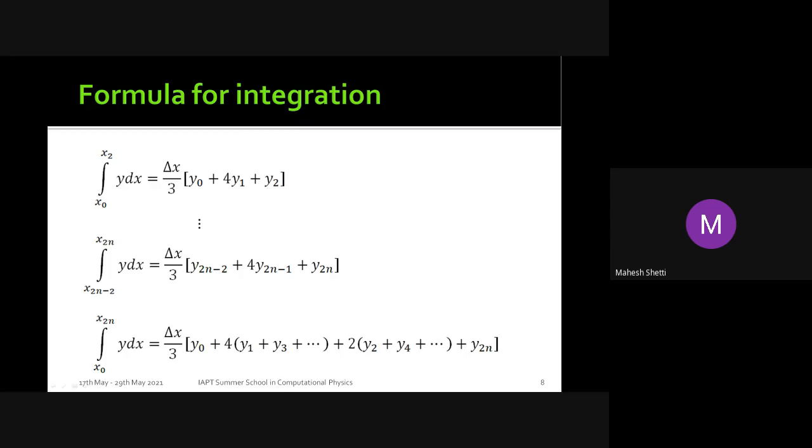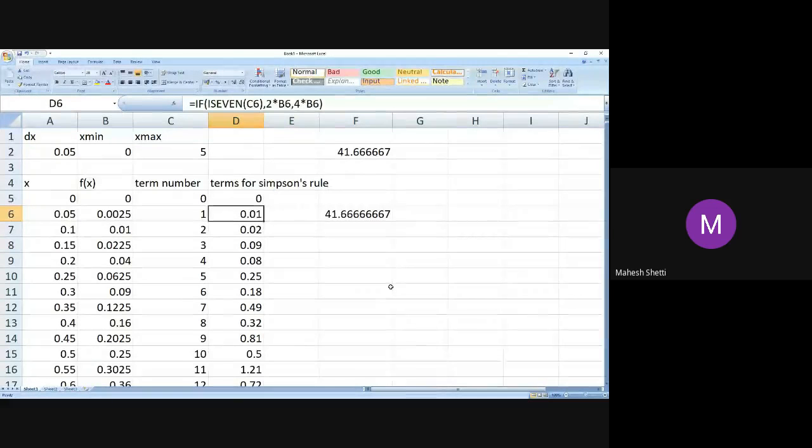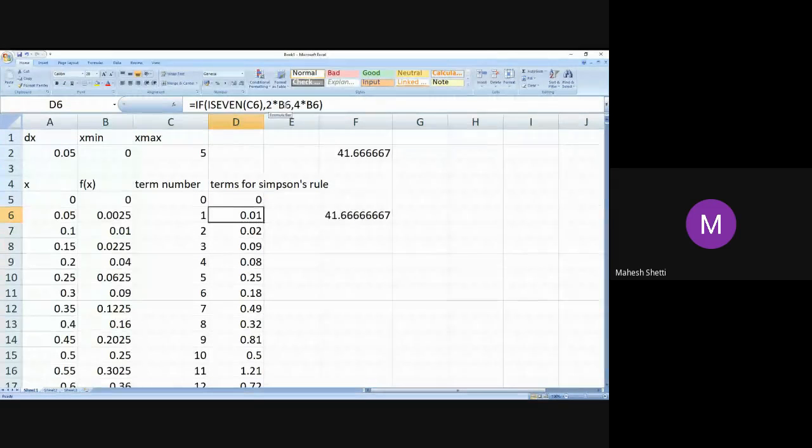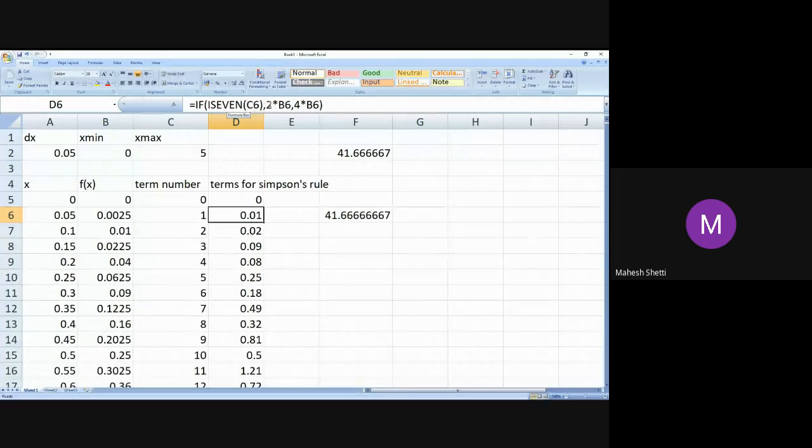If you are curious, let me stop this and come back to Excel. You might have asked yourself, some of you might have tested, that like ISEVEN, there is also an ISODD function. If I use that ISODD function, then if the condition is true, I will have to multiply by 4, so 4 times B8 will come first and 2 times B6 will come later. Because if the number is odd, then I have to multiply with 4. So when the condition is true, multiply with 4. When the condition is false, multiply with 2.